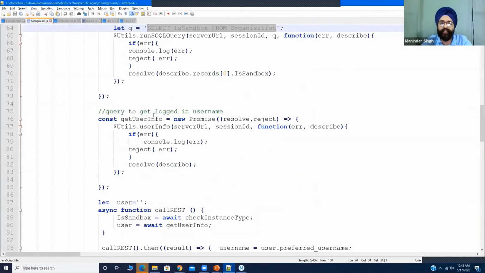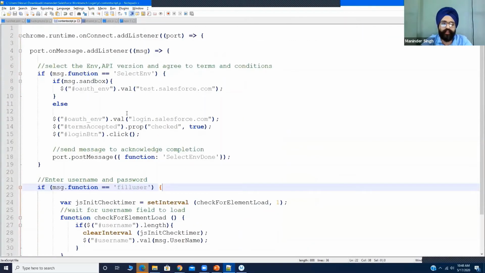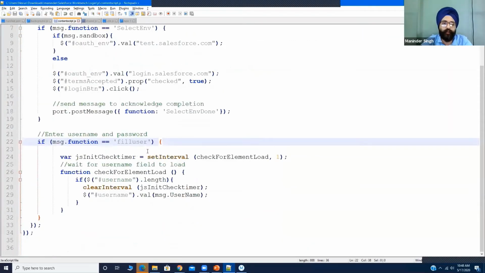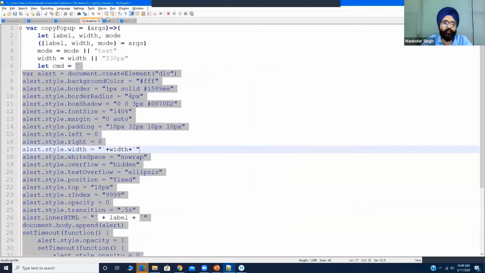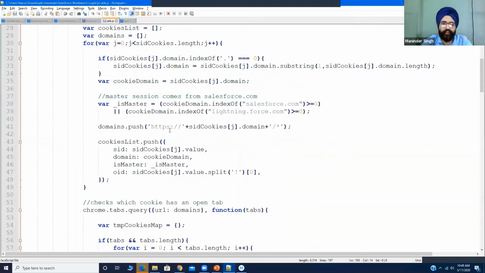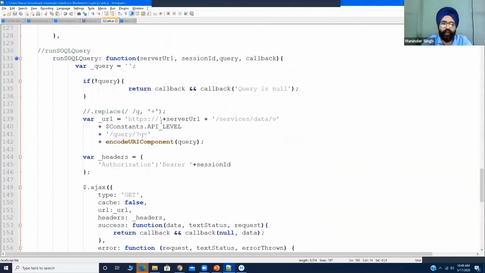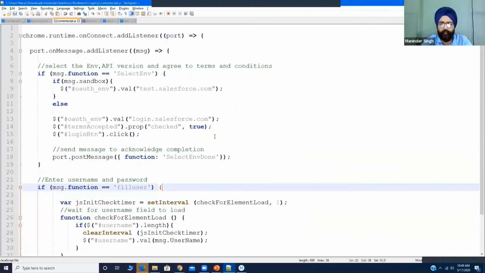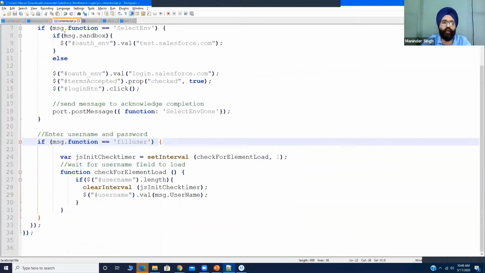Okay, fine. Then what I need is the logged in user's ID. So I do another REST API query to get the user info. The main scripts are here, which are actually calling the REST APIs, if you want to go through this. Here I'm building the URL with the server URL, the services, the API level, the query, and the inquiry I want. These are just the REST API calls which I do, and it depends on your imagination what all you can do with the REST API calls. This is just the starting which I'm showing you, how you can build one.